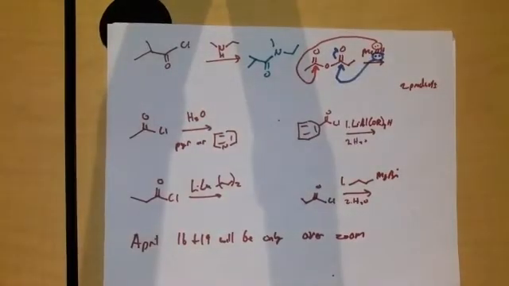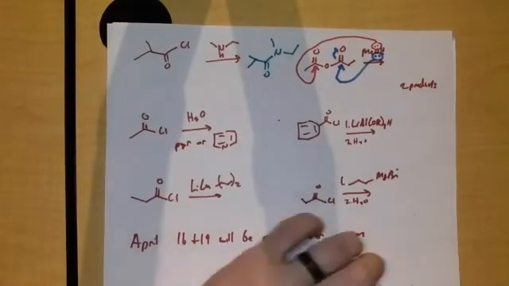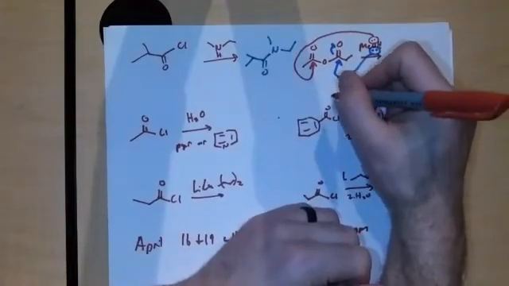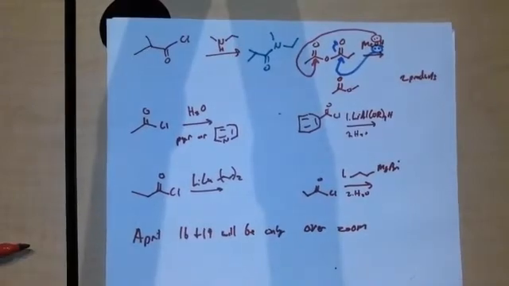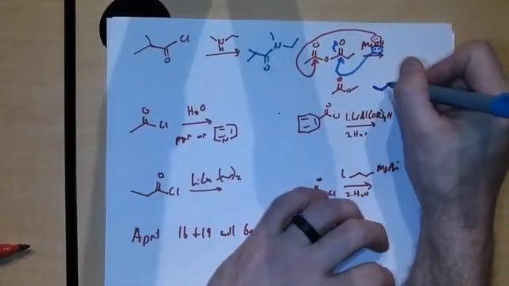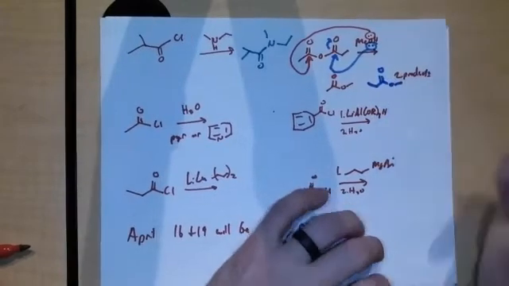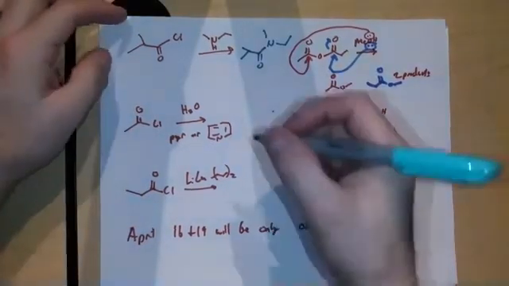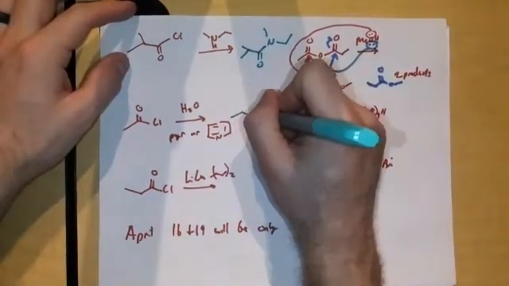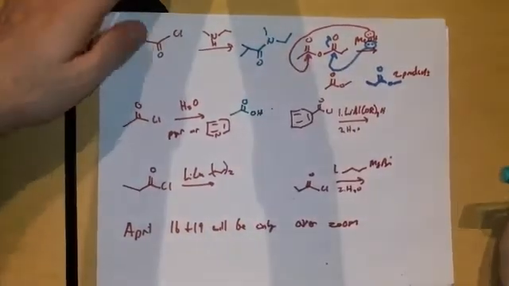So if we do the one that is in red, we are going to form this methyl ester, versus the one in blue, which will give us the propyl version of that. All right, so water in pyridine is going to give us a carboxylic acid back. This